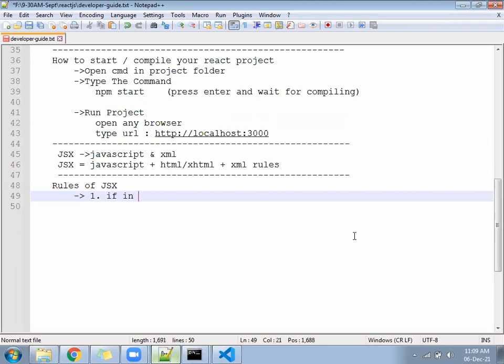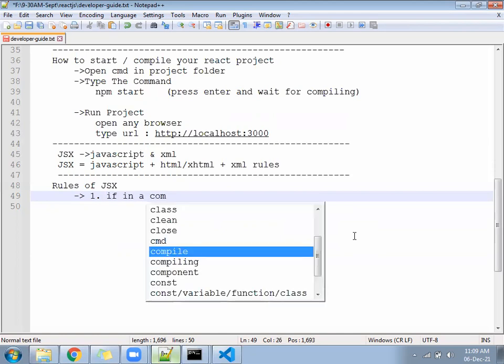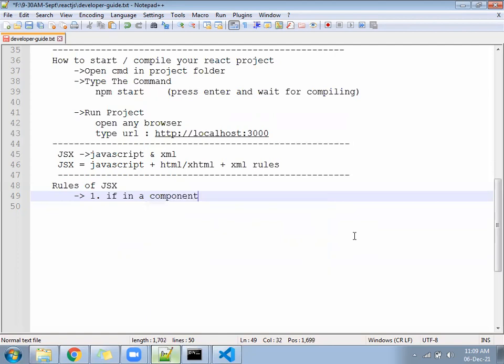If in a component only one JSX element is required, for example, today we have written the H1 directly and closed it.